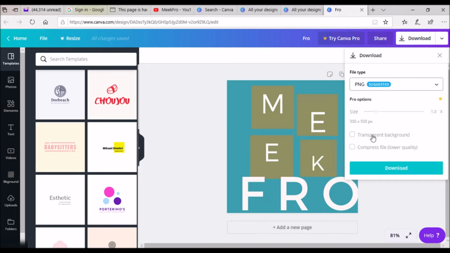Now you can save it as anything else, but transparency, which is what we need, it will not allow you to do that here. So I'm going to show you how. Since canva.com does not allow you to save your logo with transparency, because it requires you to pay money to upgrade on their website or app to have access to that type of thing and other things,